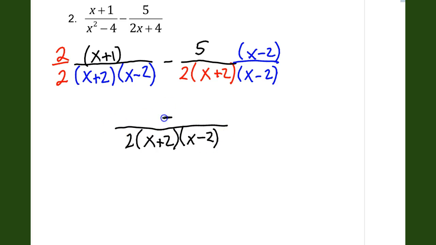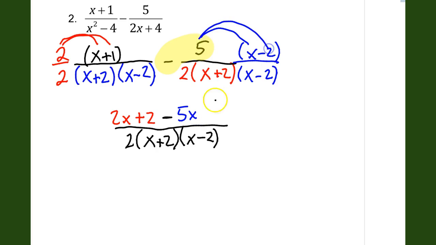Okay. All over 2x plus 2 minus, now be careful, this is negative 5. So we have negative 5 times x, and negative 5 times negative 2 is positive 10. So let's combine like terms. 2x minus 5x, which is negative 3x, and 2 plus 10, which is 12,